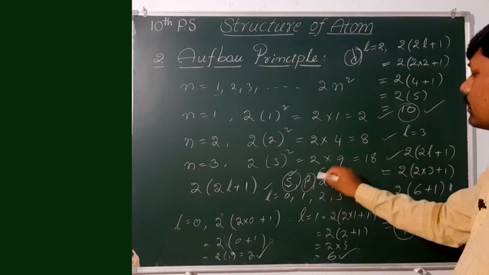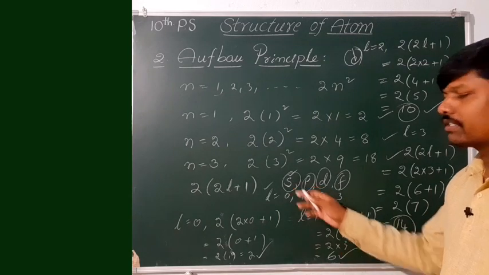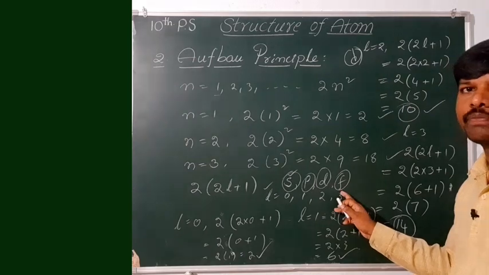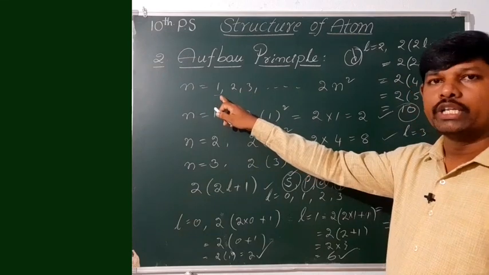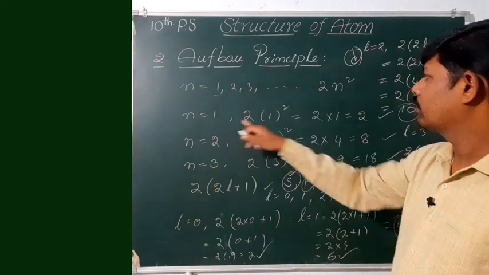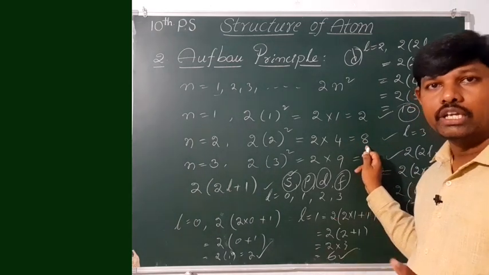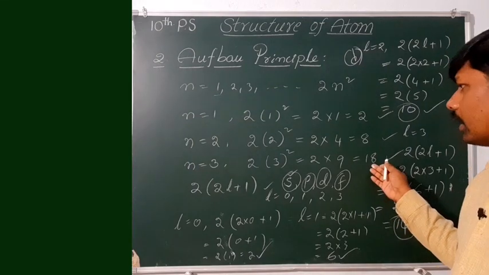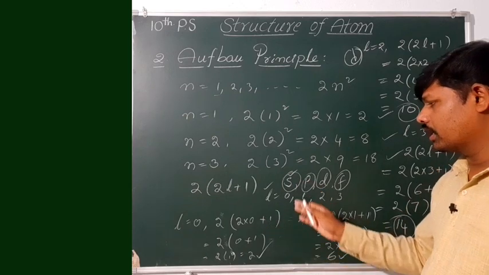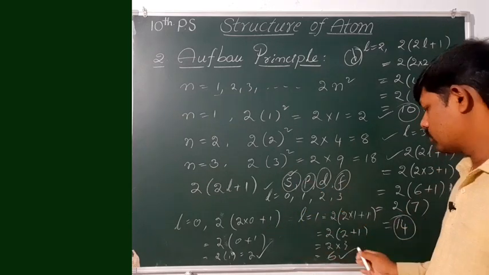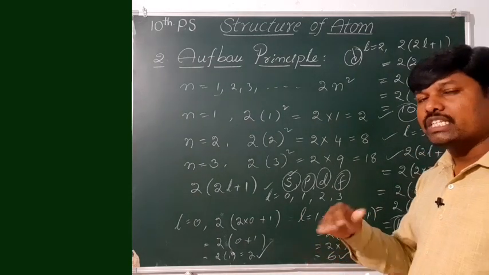10 electrons are present in the d orbital. So like that we can find out the number of electrons present in the s, p, d and f orbitals. Now we can understand the Aufbau principle. We already know that in the first shell we can fill only 2 electrons, in the second shell 8 electrons, and in the third shell 18 electrons. In the orbitals, s has 2 electrons, p has 6, d has 10, and f has 14. So which criteria do we have to follow?